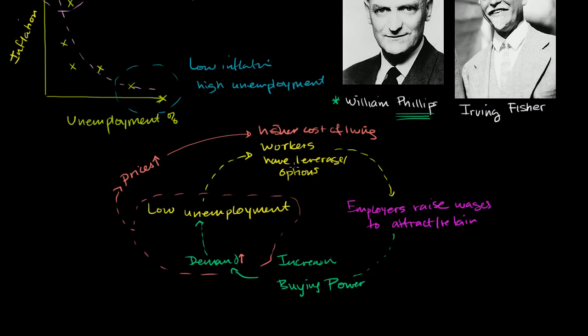And so workers have more options and leverage. They also have a higher cost of living. The whole economy is operating at close to full tilt, and so they're going to demand higher wages even more, and then this thing can keep cycling and keep cycling. Now, this seems a bit common sense, but there are exceptions to these.